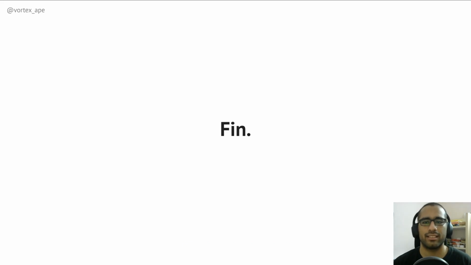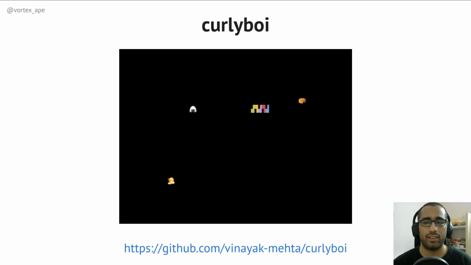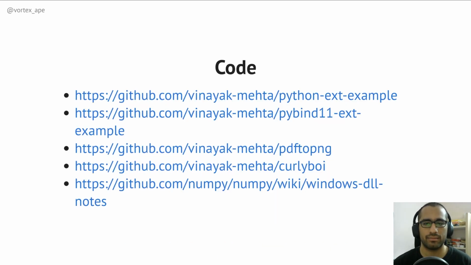And that's mostly it. When I was playing around with Python 3.11 and wheel building, I also made an extension module for a snake game that Julia Evans wrote some years ago. I tweaked it a little bit so that it resembles the PyCon Australia mascot Curly Boy and added various types of food emojis that it can eat. And I built wheels for Linux and macOS so that it can be installed just using pip. If you're interested in its source and the build process, you can check it out here.